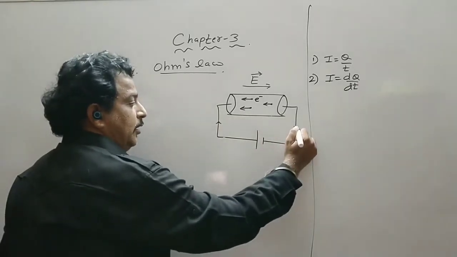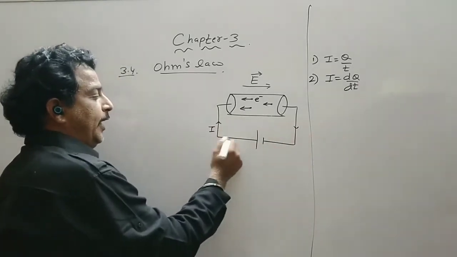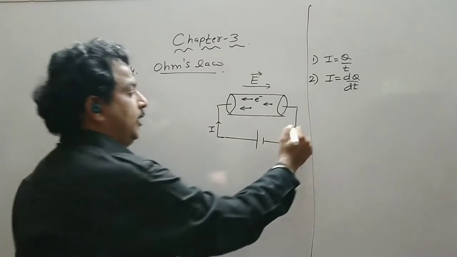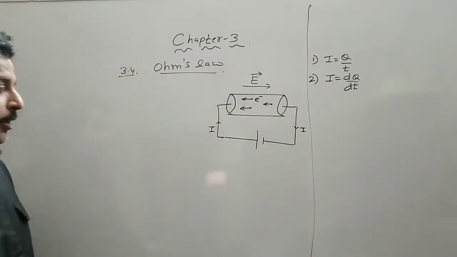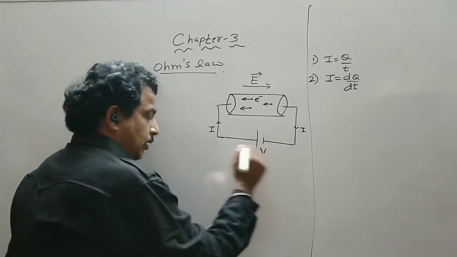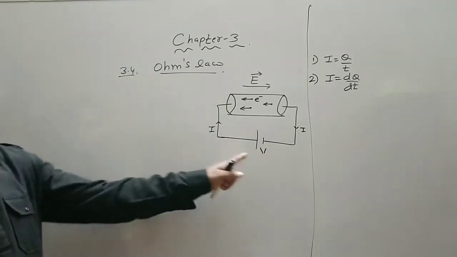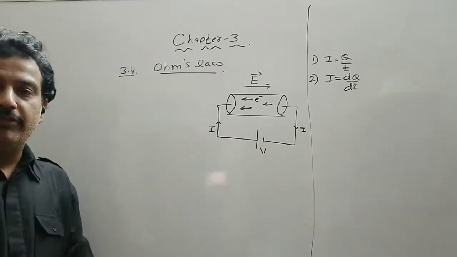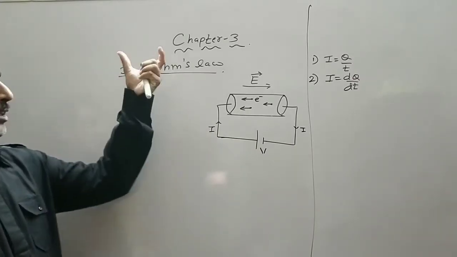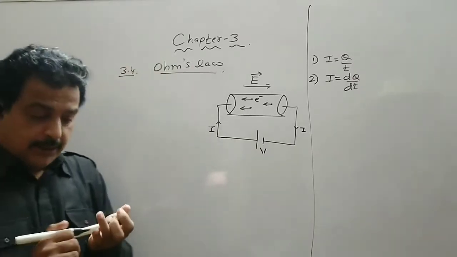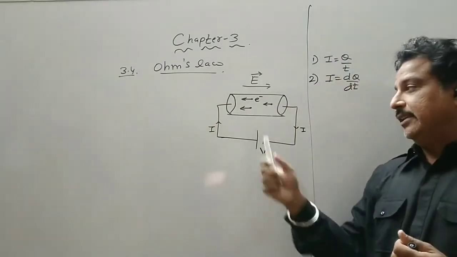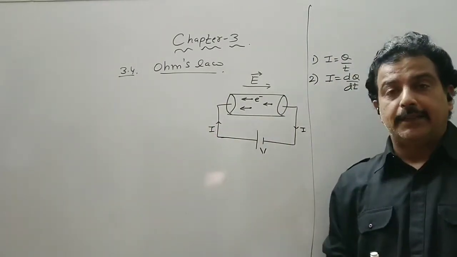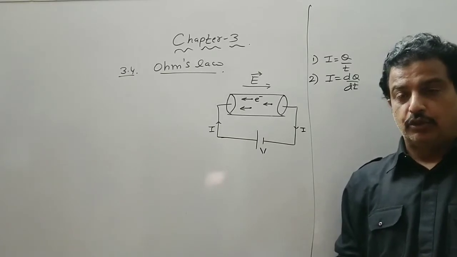As a result, the force acts on an electron and conventional current flows from the positive terminal to the negative terminal, where V is the potential difference or simply the voltage of a cell. Now scientist Ohm found that if V is increased, then I also increases in direct proportion. So for example,